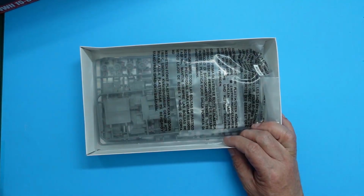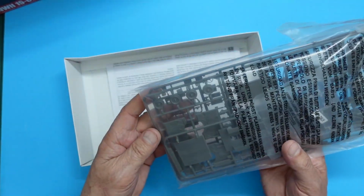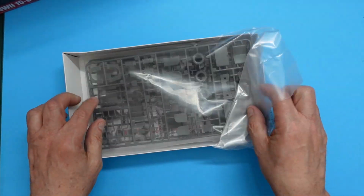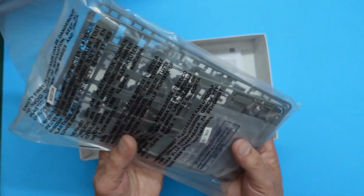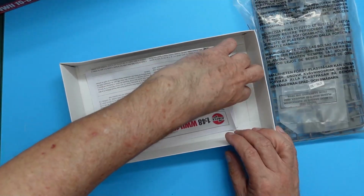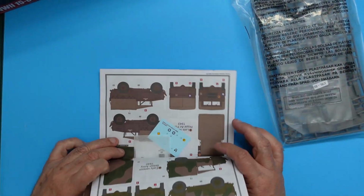So there we go. We've got a top opening box. We've got a nice rigid inner liner. It is made in India. It's all bagged up in one bag, but the sprues can't really move about too much because the box is pretty much the correct size for them, so that's very sensibly done. Clear sprues are in a separate bag inside, so that's really nice. We have the instructions here folded up in the bottom of the box,